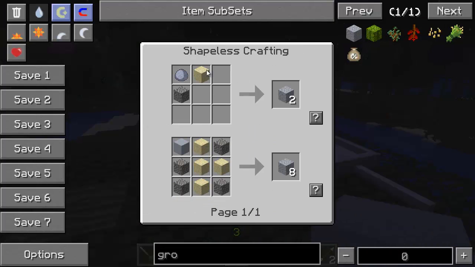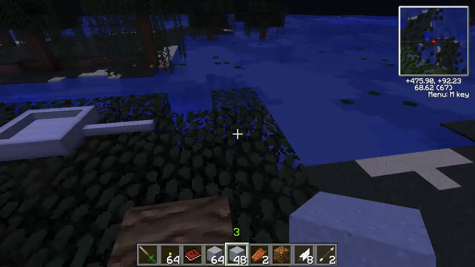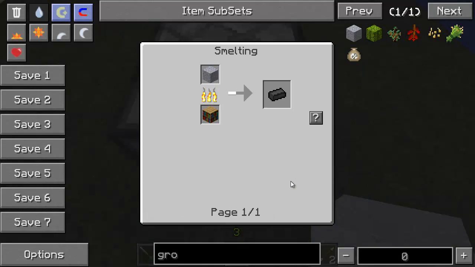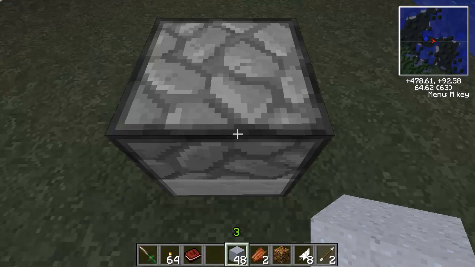Which is made with either a piece of clay, sand, and gravel, or basically the same recipe except using a block of clay and then 4 times as much of the other stuff. So it's the same amounts, it's just all at once to make grout. Grout you cook up in a furnace to make seared bricks. Seared bricks are an important thing because